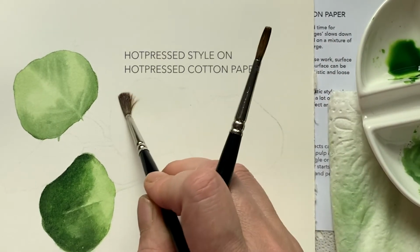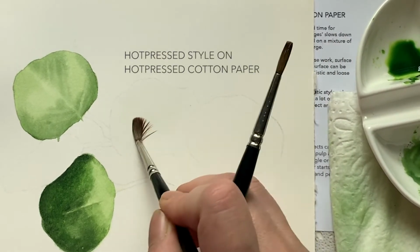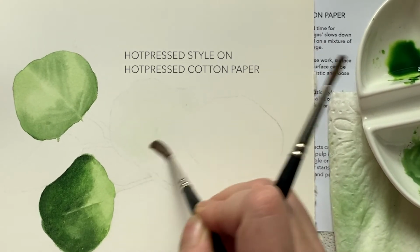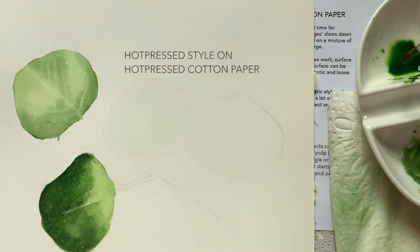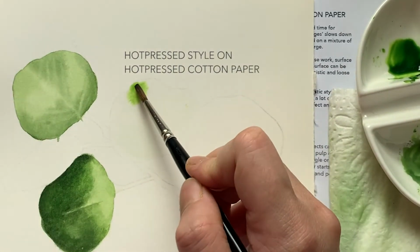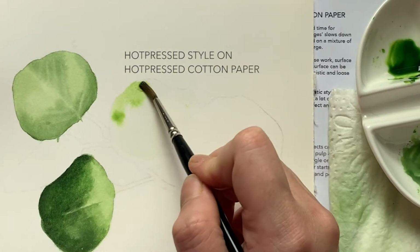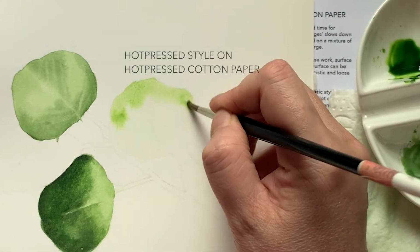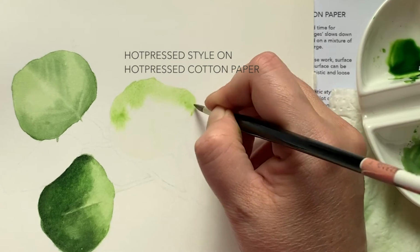wet on wet. This is because you spread it faster instead of having strokes visible on the sheet of paper, right? Doesn't matter if it's light, it doesn't matter what green you have, so long as this is to practice and to get to know the paper. Okay,